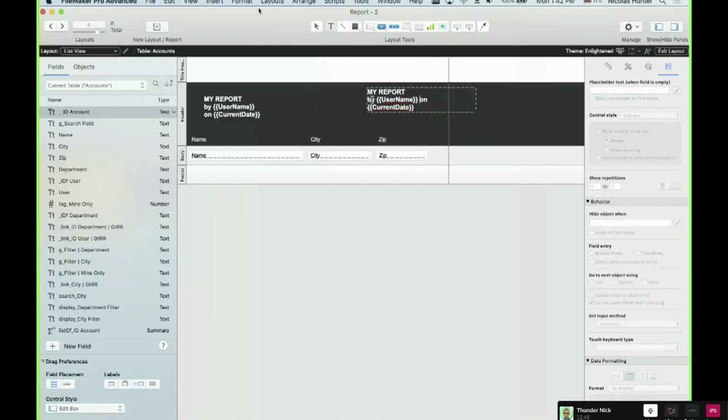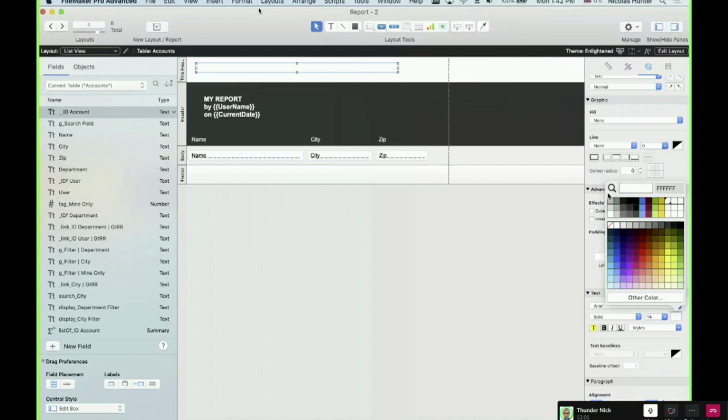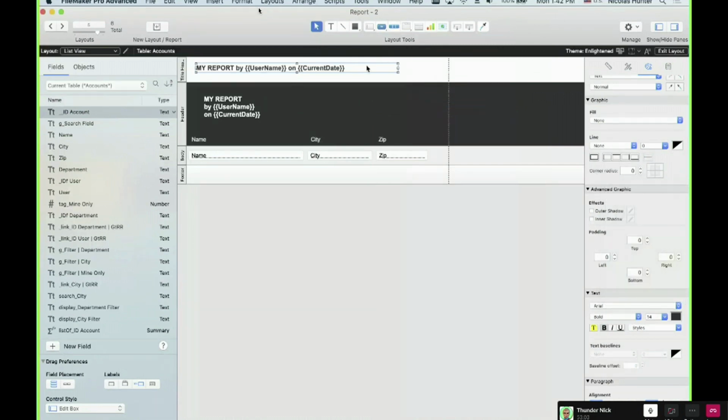You can reverse the color and put the color of the text like this. So instead of having this big header, we have a much smaller one.